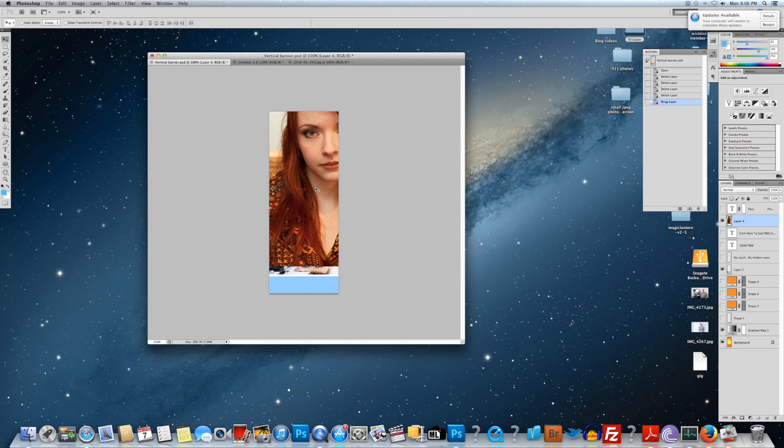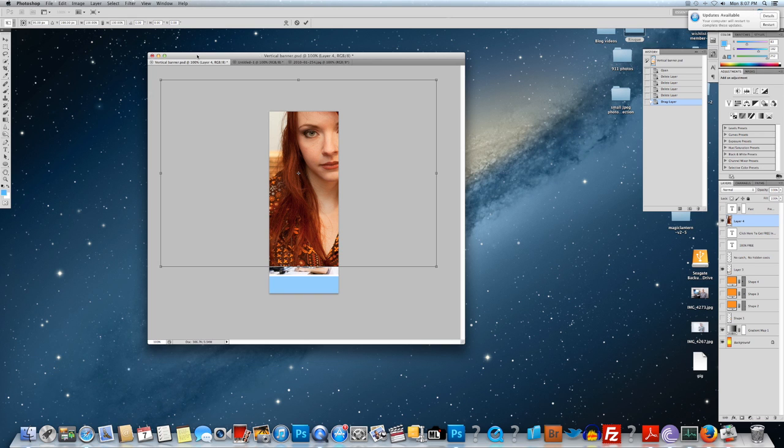Then if you're on a Mac, you would press Command T, and you can see that we have the new layer over here to the side. You press Command T, and that is for the free transform tool. And now we can scale down this image so that it will fit nicely onto the banner. If you're on a PC, by the way, I believe it's Control T